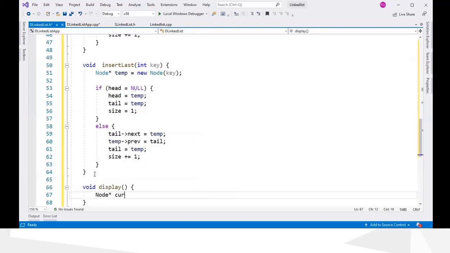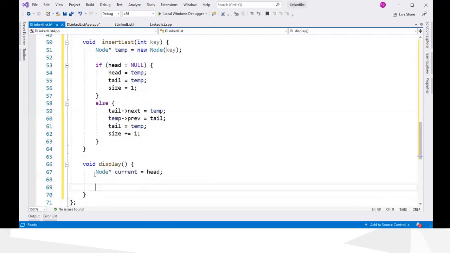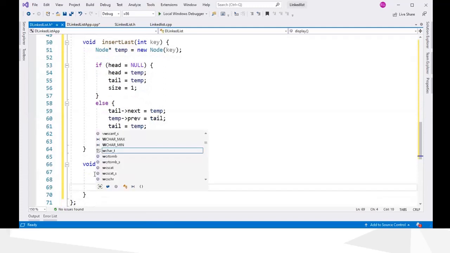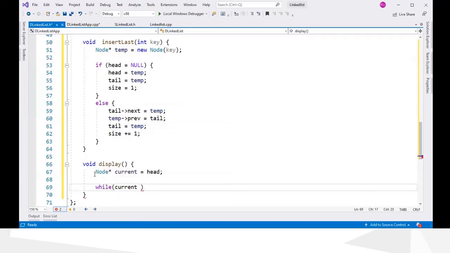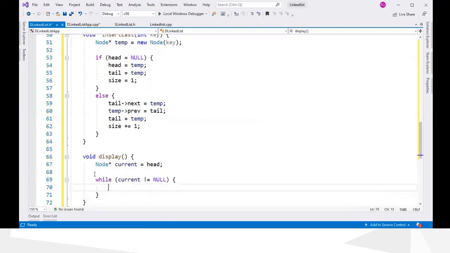So we use the current pointer and make it head, starting from the head node, and while current is not equal to null, we do this. When current is null, that means we are at the end of the list, and we stop.